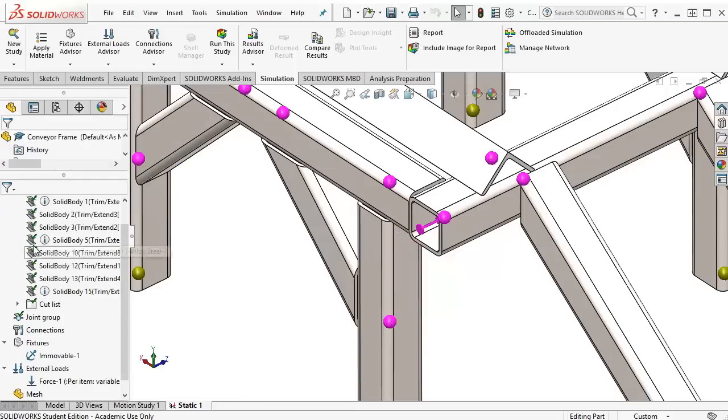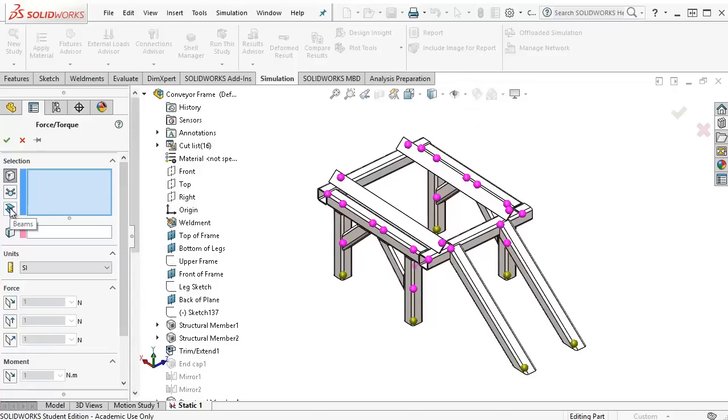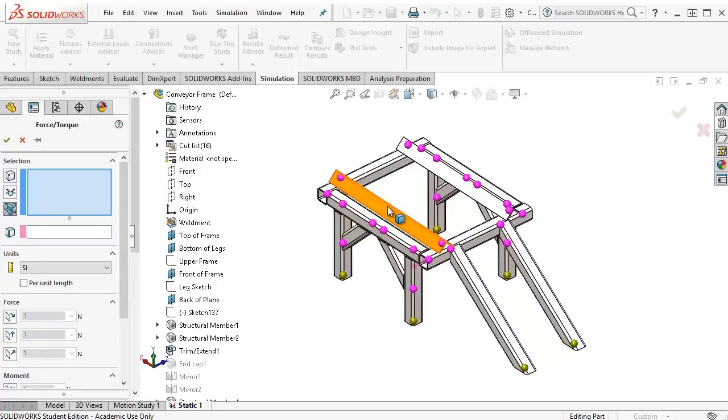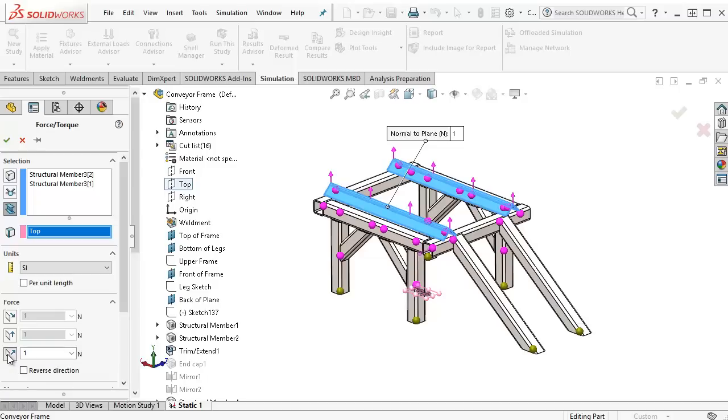So let's do a distributed load as well. Right click external loads, click force, and then we select the beam option. Let's click that and apply distributed loads to these 2 beams. What direction? Well, it's the vertical direction, so let's select our top plane for direction reference, and then it's also the normal to plane direction here as well. We can reverse, so it's downwards, and then perhaps 15,000